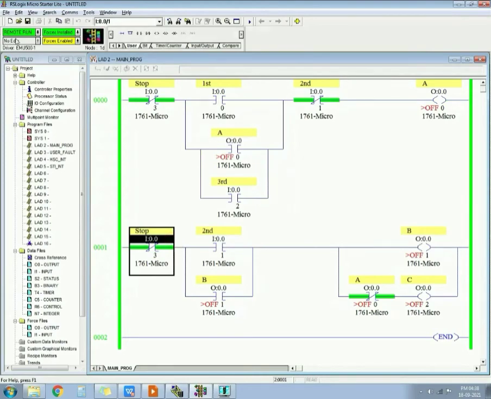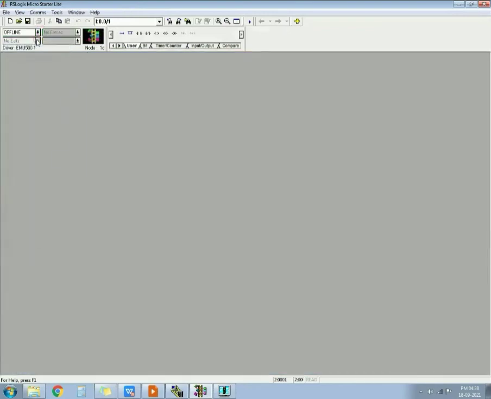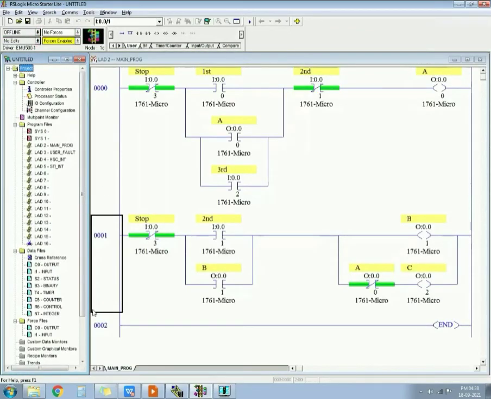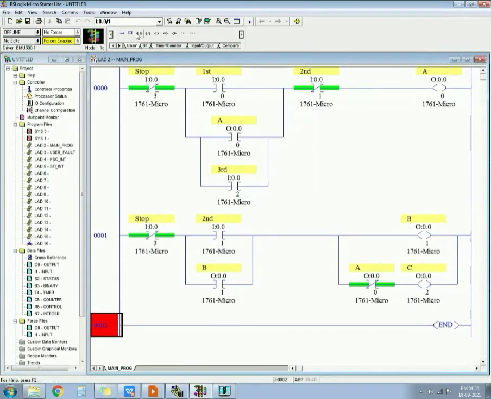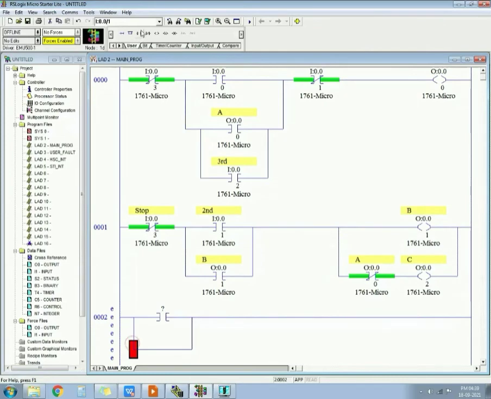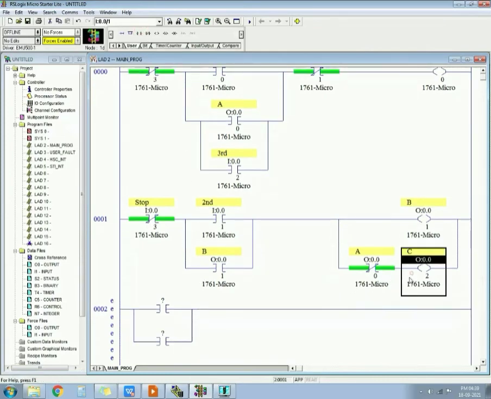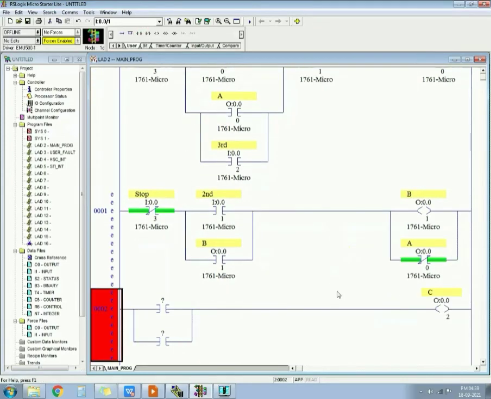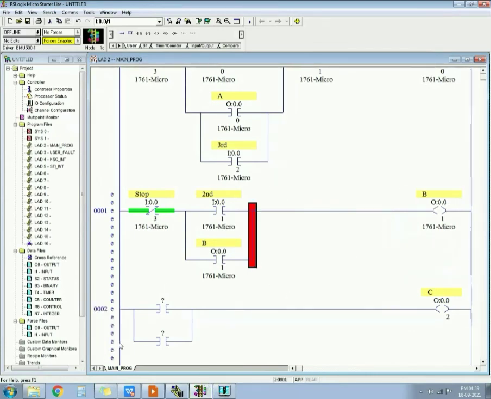This is one solution. You can also separate B and C, and make another solution like this. I will tell you. You can make a separate input for C. Okay, like this. You can make a separate rung for C. Okay, you can remove this.